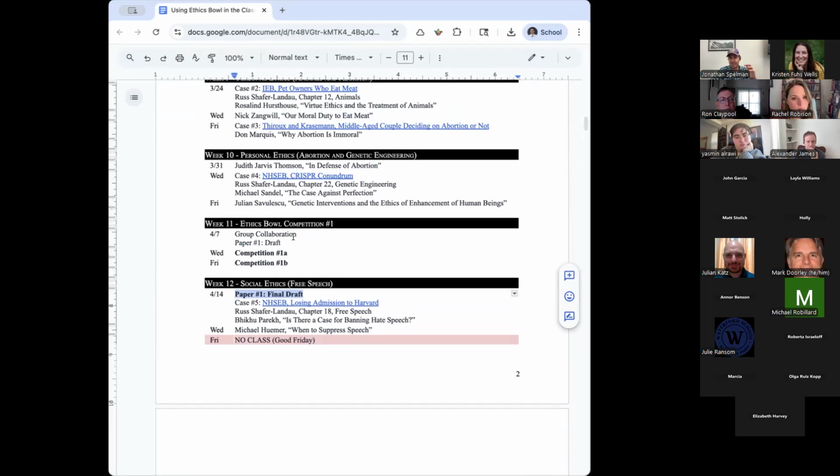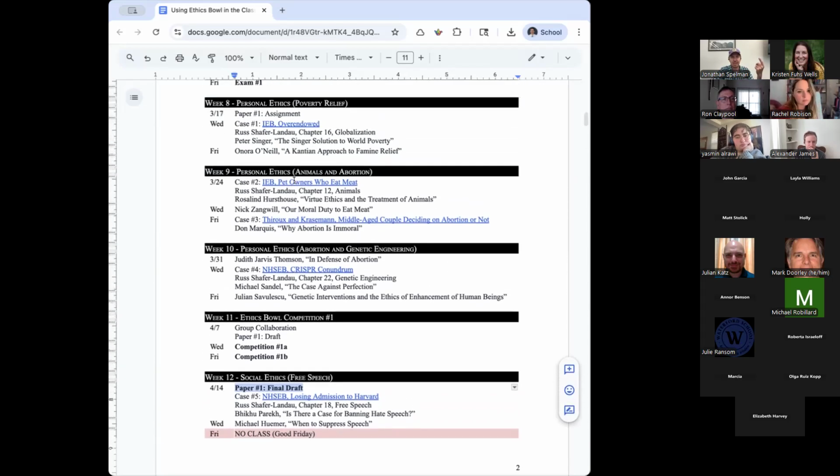And we tell them that each group needs a student who's writing about each of the questions. So one of the students in the group is going to have to write about eating meat. One's going to have to write about poverty relief. One about abortion. One about genetic engineering. They might have five. Our classes were about 20 students, so we had groups of five, and there was a topic that each student doubled up on. If you had fewer students, say 16, that would be perfect. If you have more students, you might have to double up on a topic.